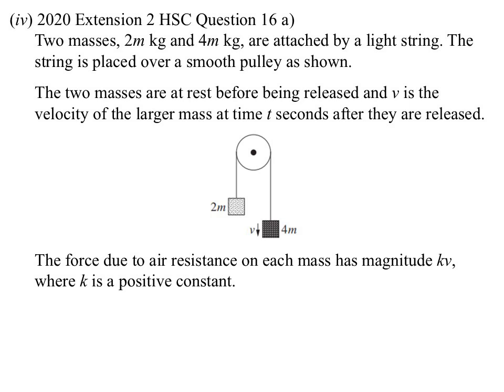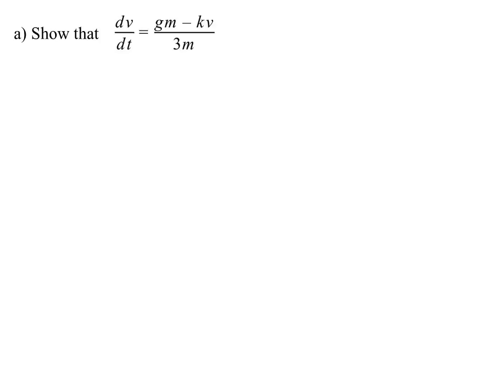And they've given us that the force due to air resistance is kV. What do we have to do? Show that v to t is this expression. Okay, I've got two separate masses, so I work on them separately and then find a way of linking the